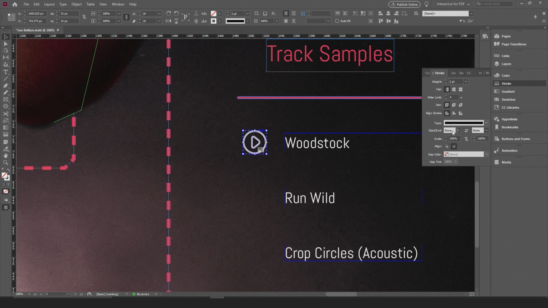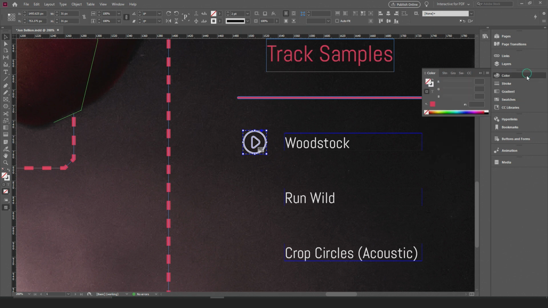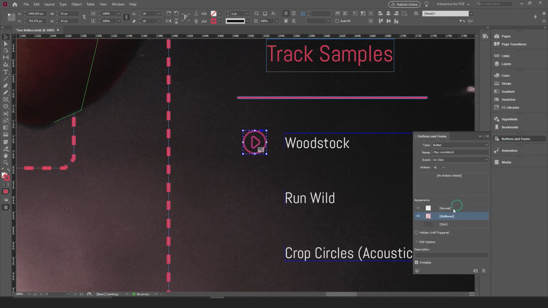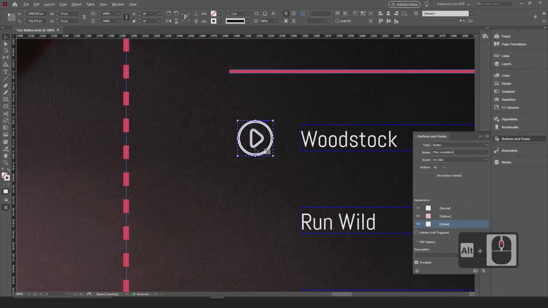If I go to the stroke, go to the stroke, and let's see if I can change the swatch of the stroke. There we go. So now with it selected, going back to my buttons, my normal state being the white, my rollover state being the pinkish red color, and the click state,